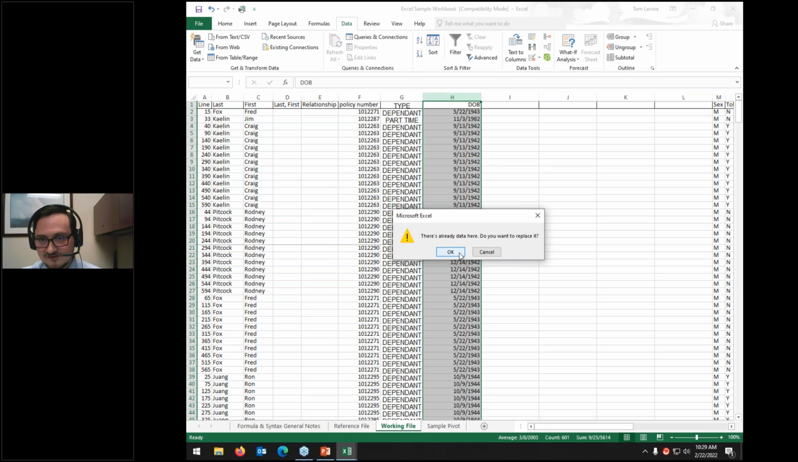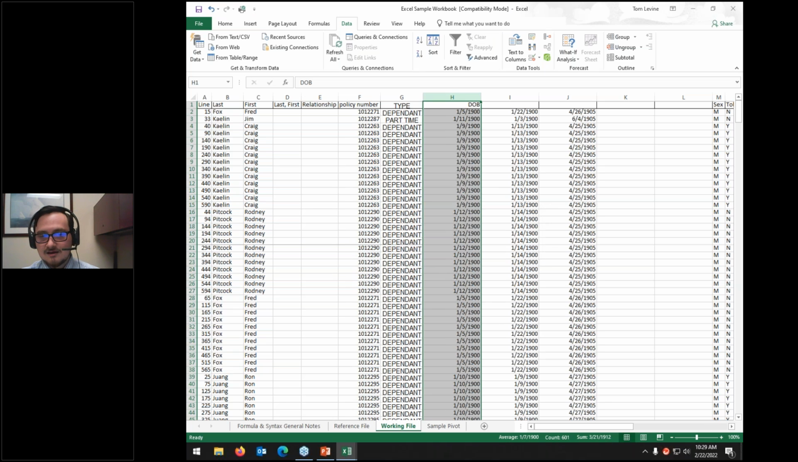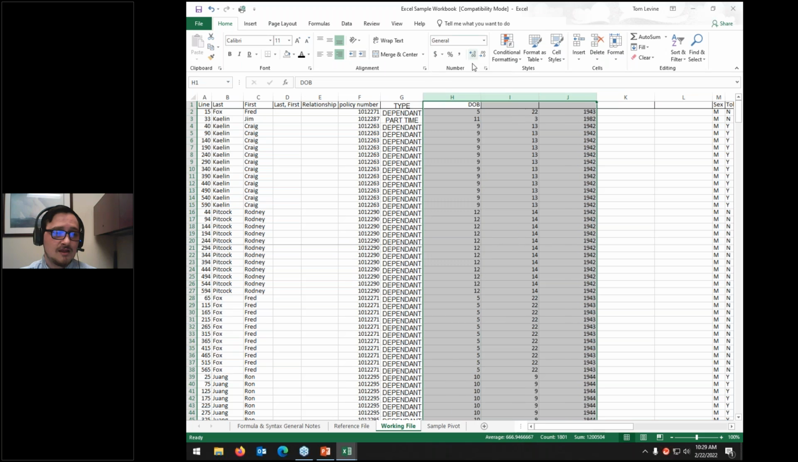In this case, all of it's blank, but it's still going to warn me because of the format that's applied to these headers that it's going to overwrite. And then I hit OK. Now, because this was formatted as dates, all of the cells split and formatted as dates as well. But if I highlight them, go back to Home, and change it to a general format, now you can see